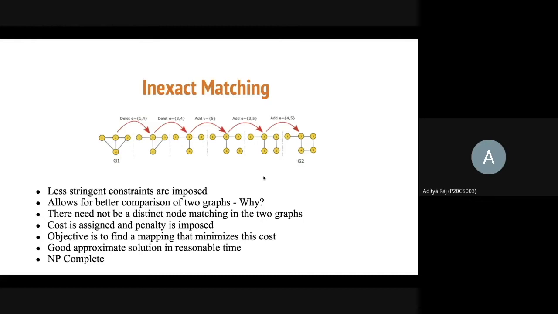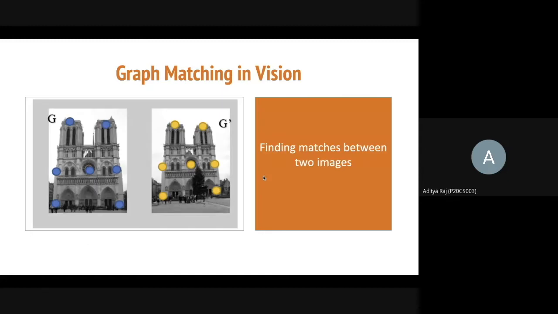So moving on to the next slide, which is graph matching in vision. This is just an example of how you would use a simple graph matching concept to comprehend graph matching in vision. We have two different images here. These images have been taken at different distances from the object, which is this tower. The question is, can we look at these images and, using graph matching, find out if these are the same images, or if they have the same object in the image?